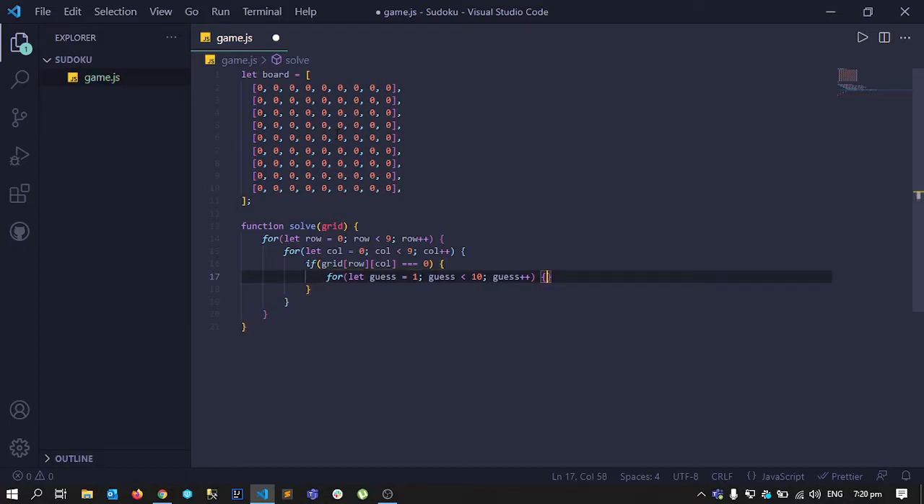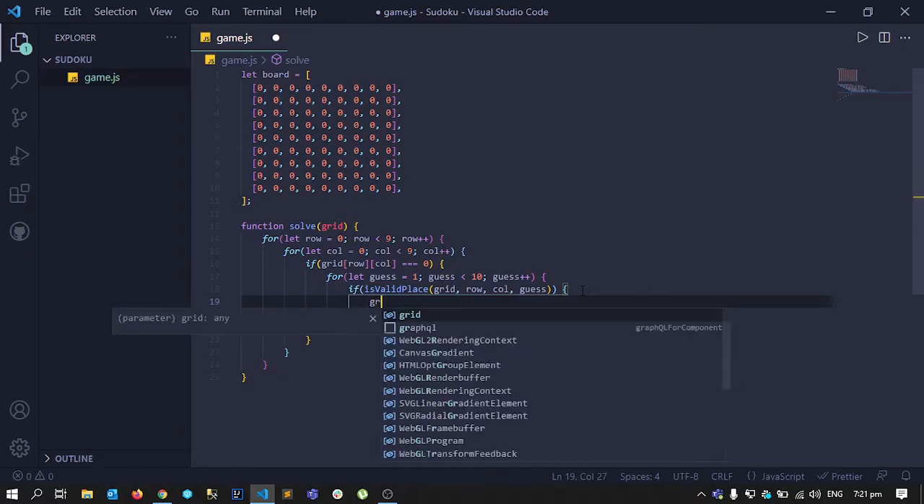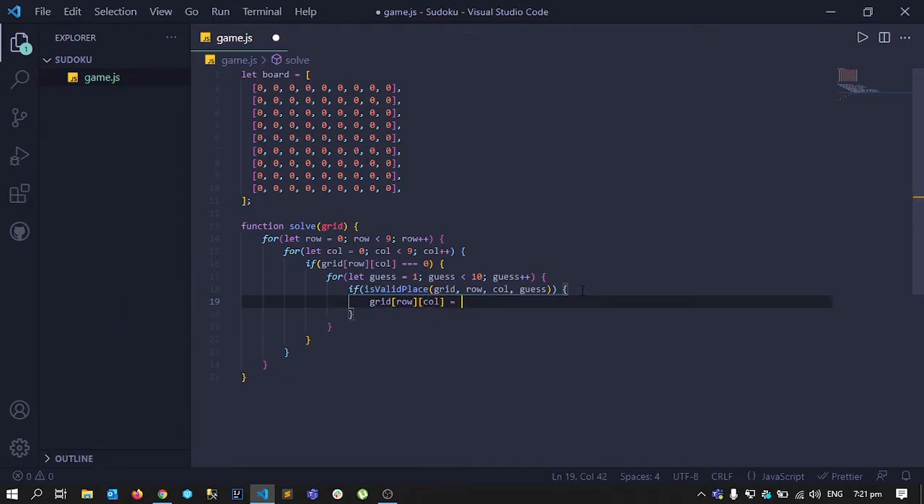And what we will do here is we'll have another function. We'll check if it is a valid place, and we'll provide it with our row and column, and then we'll provide it with a number, and this function will return whether or not we can put this number into this row and column. We'll probably need to send it our grid also. It will check this grid on this row and column, and it will check whether or not we can put this number on that spot. And if we can, we just simply say that grid row and column is equal to that guess, right? So simply we'll just put that number there, and if not,